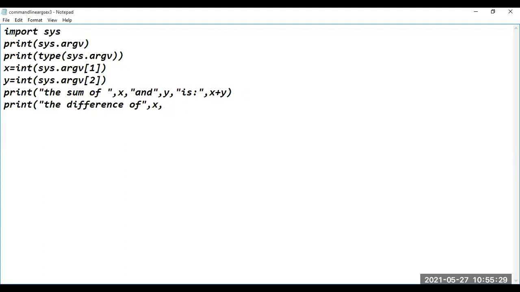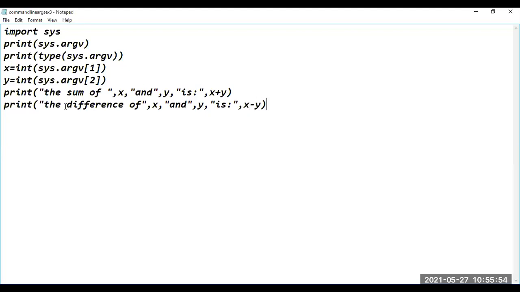It is a message, right? So it should be enclosed within double quotes, comma, then x minus y.